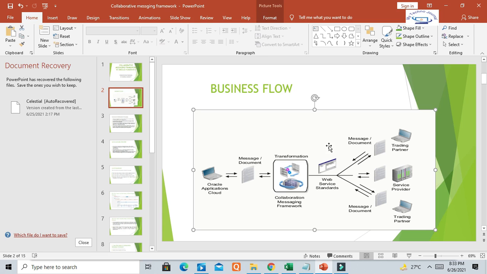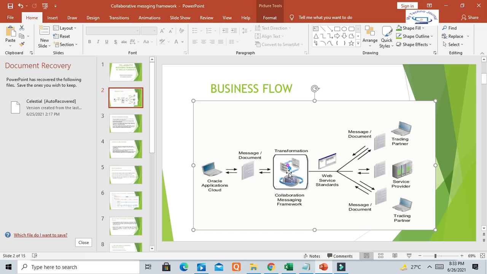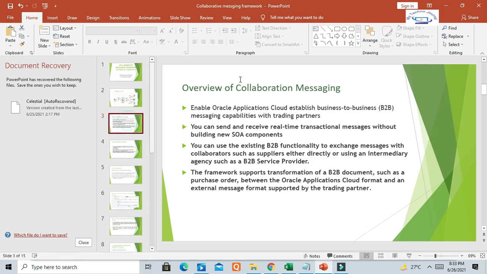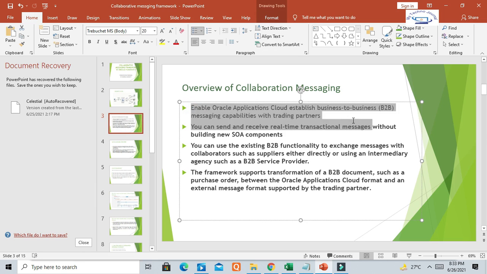So what are the advantages of this functionality, and why should we convince the client to use it? Here you can see it enables the Oracle application cloud to establish business-to-business messaging capabilities with trading partners.